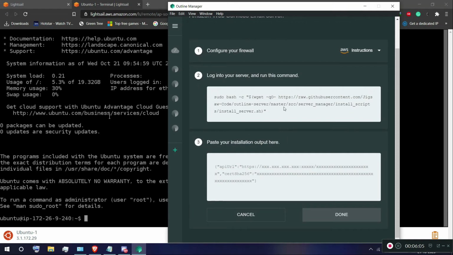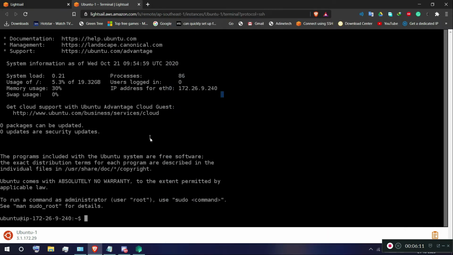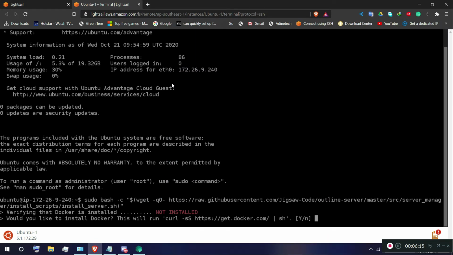Let's set up. Copy this whole command to your terminal. Ctrl plus C to copy, then paste and press Enter. Install Docker? Yes.